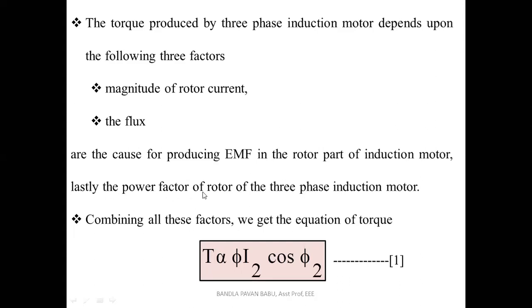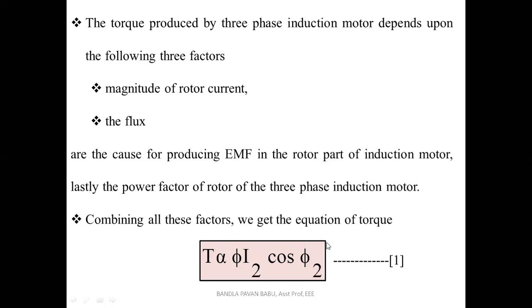And lastly, the power factor of the rotor of the three-phase induction motor. See why here the power factor concept comes here: it depends upon the conditions, right? Earlier we have seen the standstill and running conditions. Okay, so here T is proportional to phi into Ia. That means here the current means the secondary current, the rotor current. Also, the power factor plays an important role in this torque development. So we have considered the power factor term also, which is varied from standstill to running conditions.